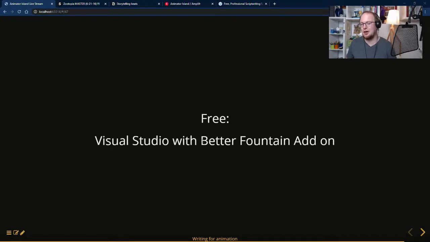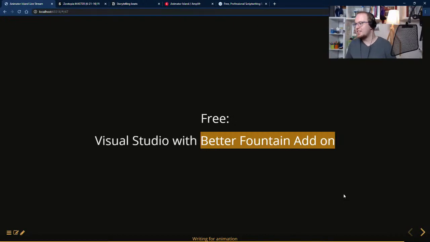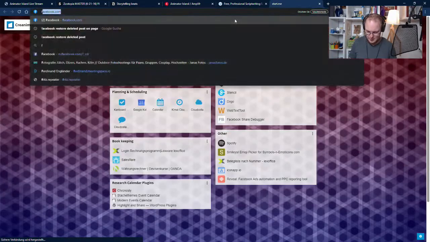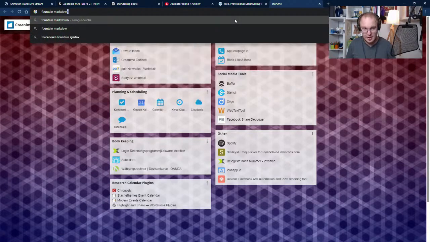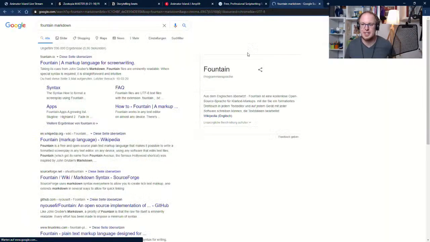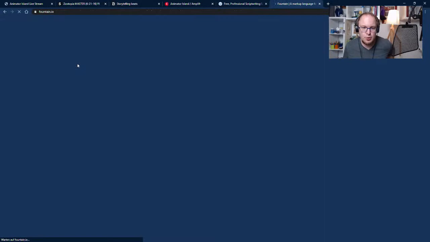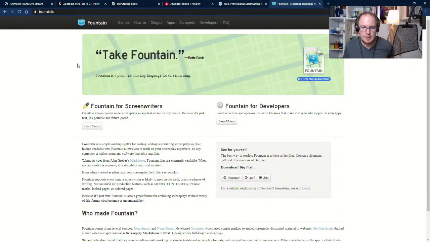But there's an add-on for this called Better Fountain, and it turns Fountain Markdown into a beautiful looking script. And Fountain Markdown, I shouldn't go into too much detail with that because then I will lose everybody watching here. Fountain Markdown is a very cool way how you can write